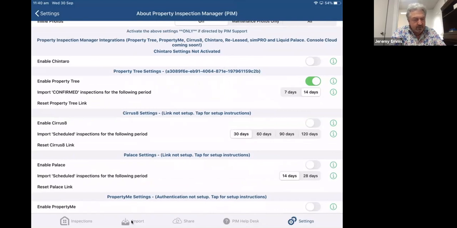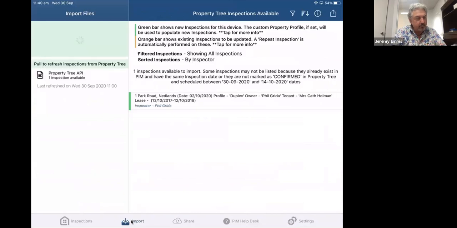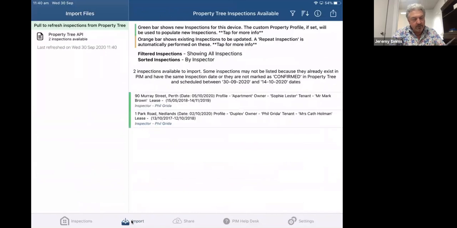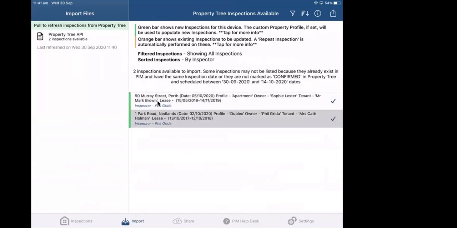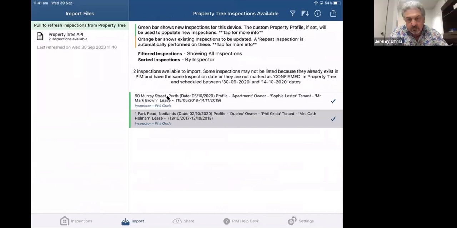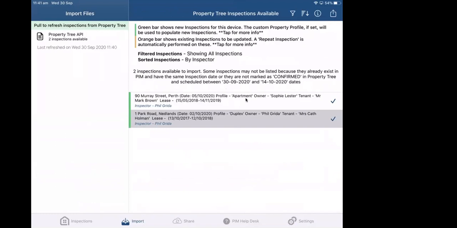So now I can just go into import. I can pull down to refresh the screen. And that says I've got 2 inspections that I can bring into the app. And you'll see in here, it's got address details. It's got the profile of the property, in this case, an apartment.